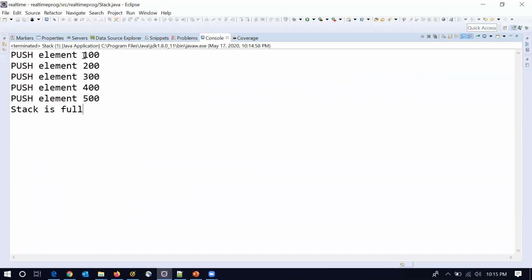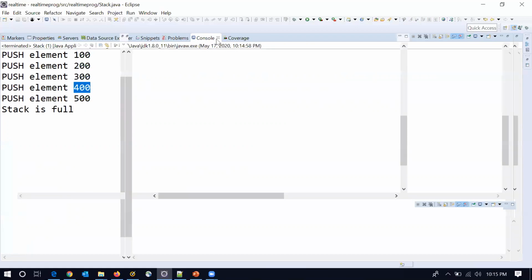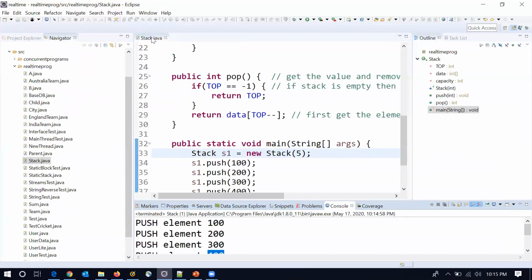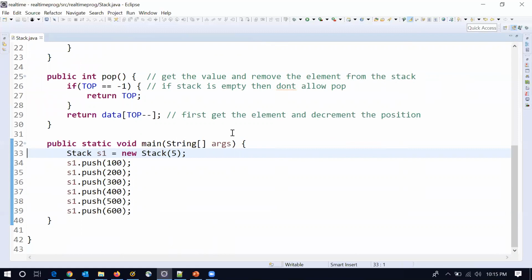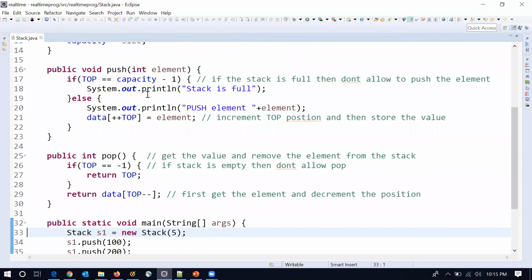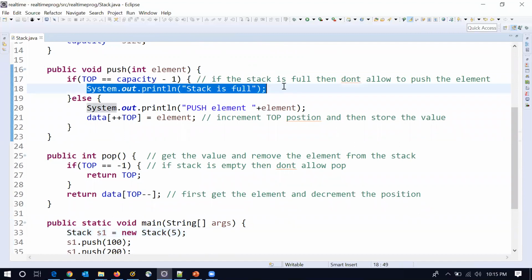So in the 0th position 100 is stored, in the first position 200, second position 300, third position 400. Like this we can insert the data. In this way we can do the push, and whenever the size is exceeded, we will get a message that stack is full.